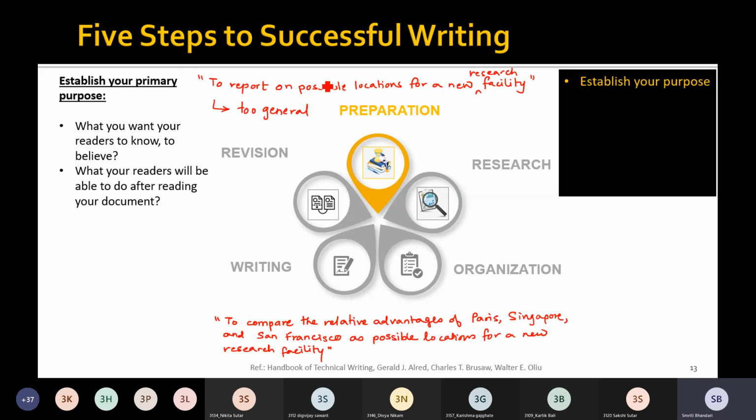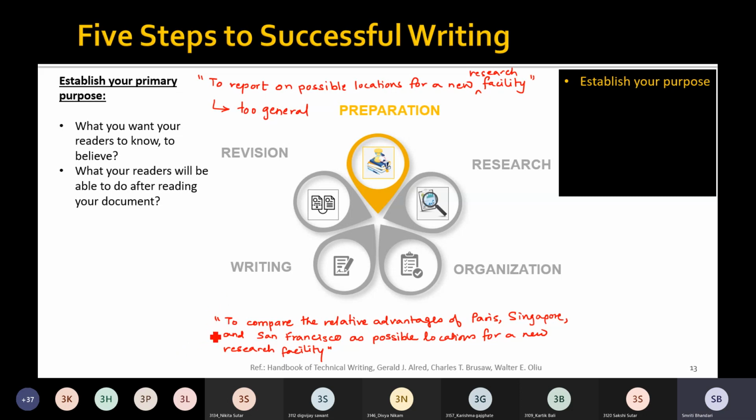Right? Even though we are writing this kind of purpose, we are providing information related to these 3 cities only. But as this is a very generic statement, one may prefer to use a more specific purpose instead, such as: to compare the relative advantages of Paris, Singapore and San Francisco as possible locations for a new research facility.